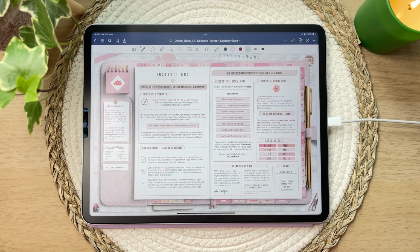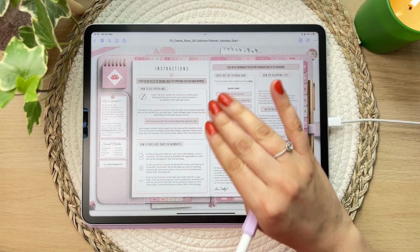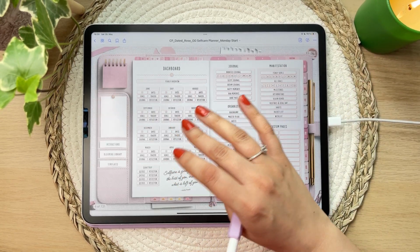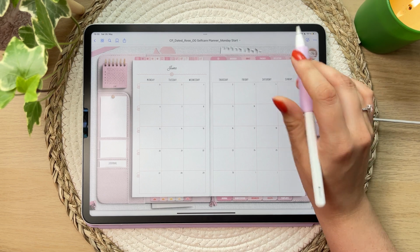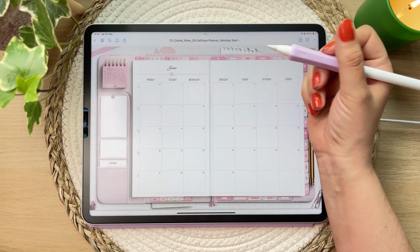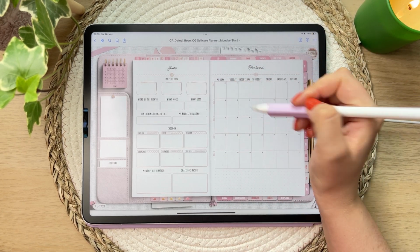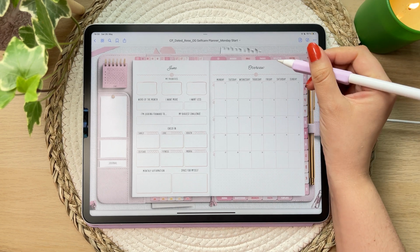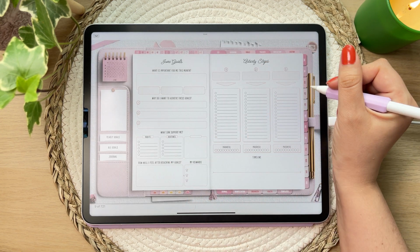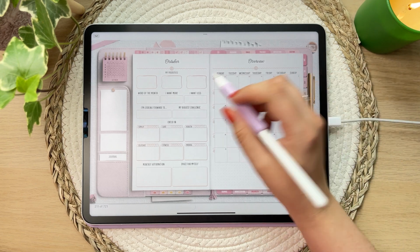Okay, so let's start talking about the planner. So this planner has a new hyperlink system. The Blooming Life Planner had the new hyperlink system with the dynamic tab bar. You also have this dynamic tab bar in your Selfcare Planner. So for example, we are in June now, and when we click on overview, we will get to the June overview. You can also get to the June reflection or June goal. And when I go to a different month, for example October, and I click on overview, then I'm on my